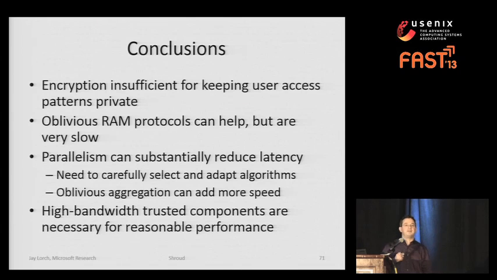So, to conclude, encryption is a powerful tool for protecting the privacy of user data in the data center. But it is not sufficient. It can't protect the access patterns to that data. To protect access patterns, you need techniques like Oblivious RAM, but unfortunately they are very slow. We've shown that they can be dramatically sped up by orders of magnitude by applying parallelism, although that opens up new cans of worms, such as fault tolerance and I/O bottlenecks, and ensuring the privacy of algorithms even when the adversary can see